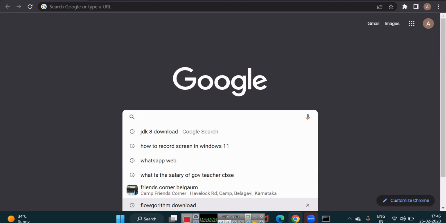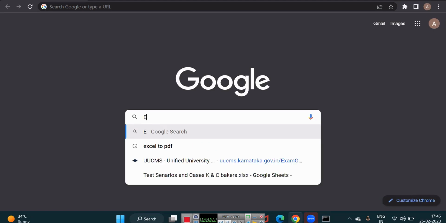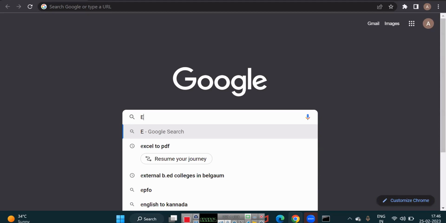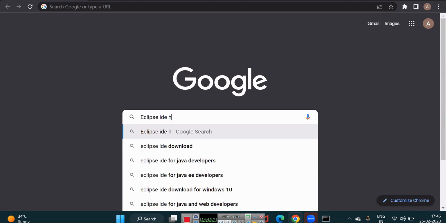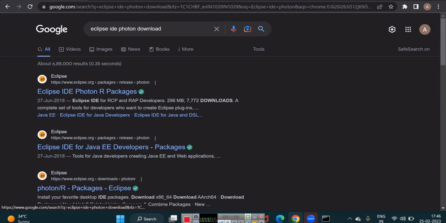Now we will download Eclipse IDE. Type in Google Eclipse IDE Photon. Download. So you will get the screen. You can go to eclipse.org website